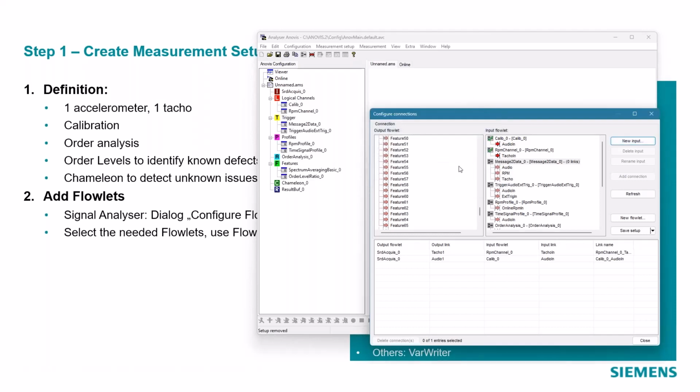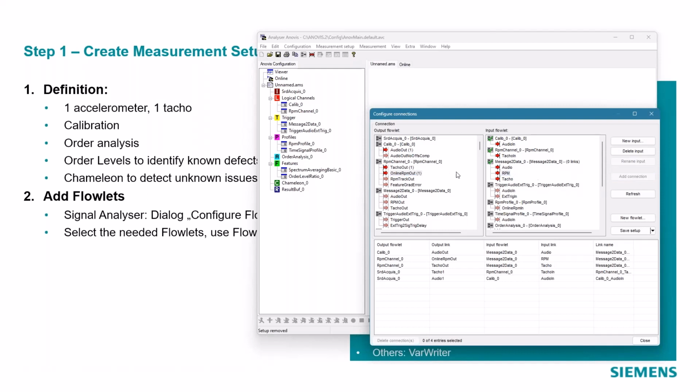Then I can connect the output of the calibration flowlet with the input of this synchronization flowlet, the tacho, the RPM, and the signal from the sensor, the tacho from the sensor. I also put on my trigger and so on.